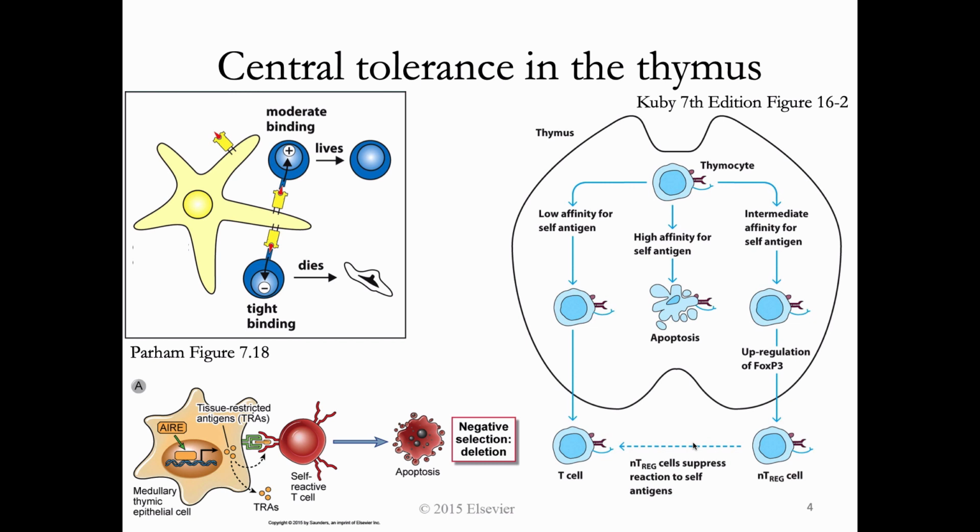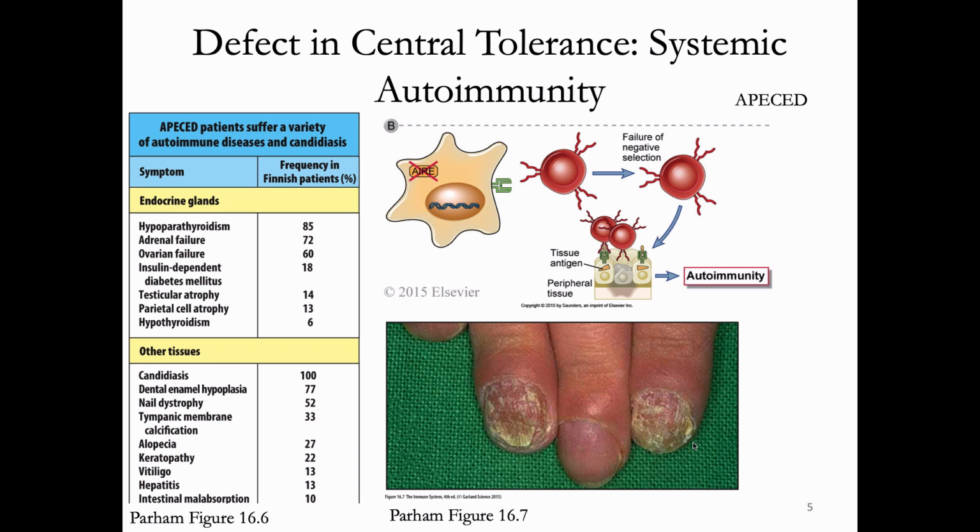So these are all the parts where we've already seen tolerance and central tolerance. There are some situations where patients have defects in one of these processes and thus have what is known as systemic autoimmunity. If you have a defect in central tolerance, that generally leads to systemic autoimmunity. What that means is that you're having some broad problem with your B cells or your T cells in development, and so you probably don't have one B cell or T cell that slips through the cracks and attacks one organ. You probably have many, and you'll have a multi-organ autoimmune disease where you have many T cells or many